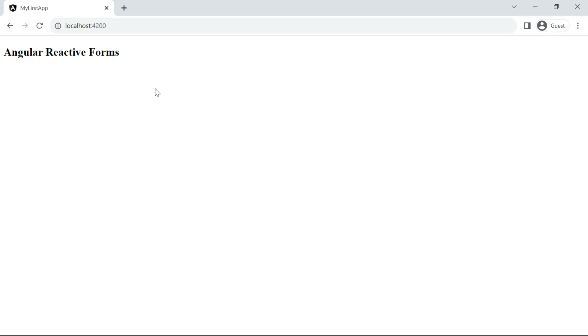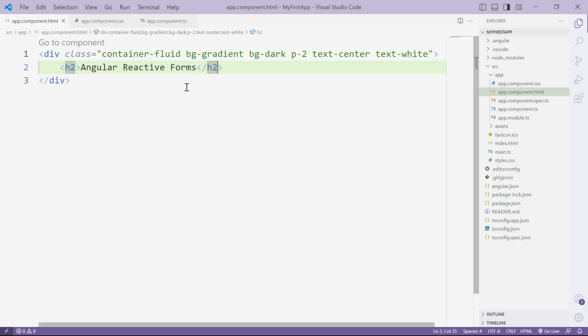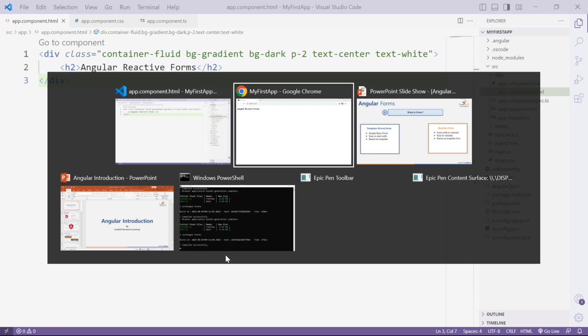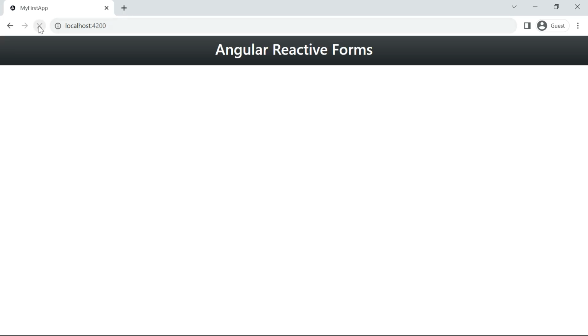We have to connect to the internet, then the bootstrap classes become applicable. So let us connect to the internet. Alright, now let us check this. I'm going to refresh the page, and here we are. So we have this Angular reactive forms background with bg-dark and gradient, and the text in the center,